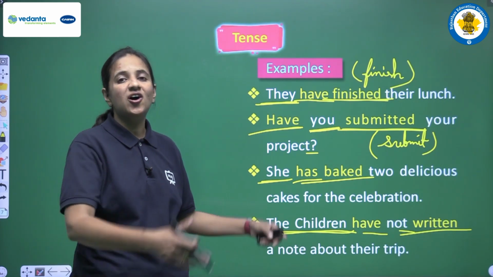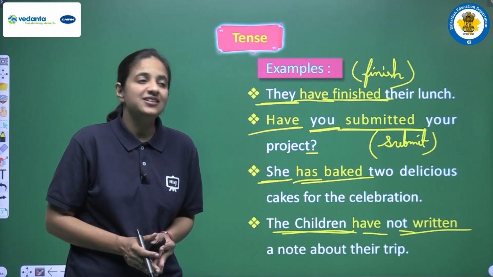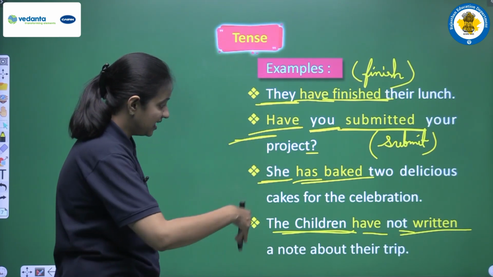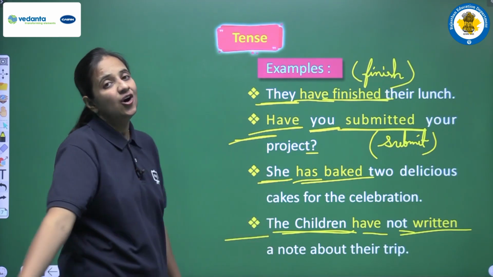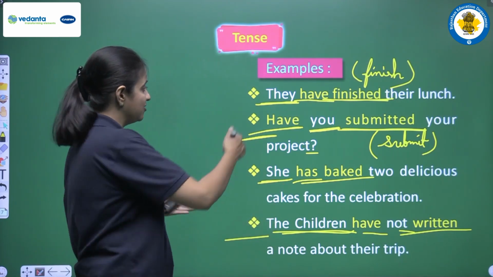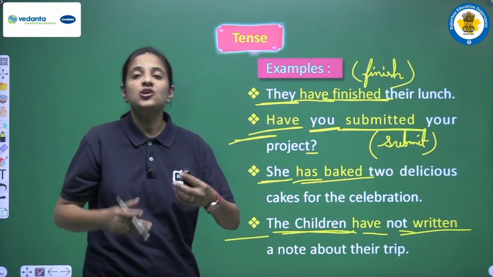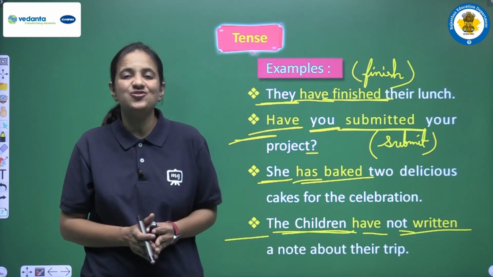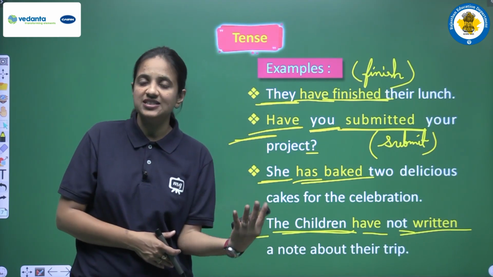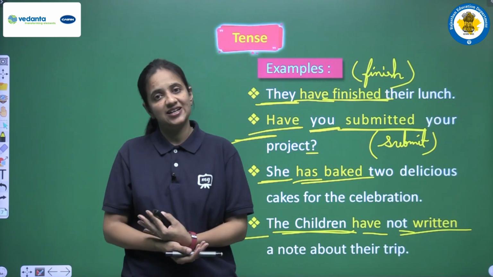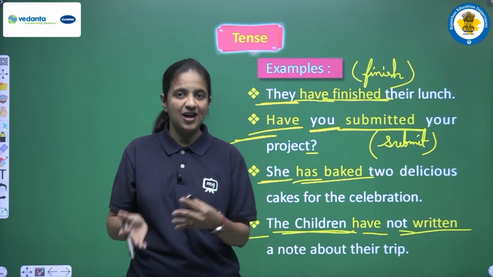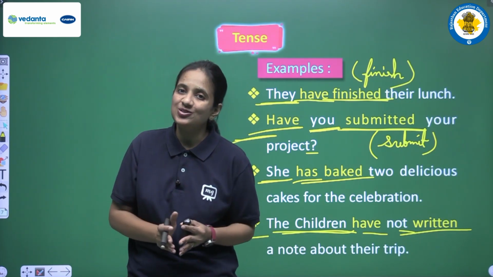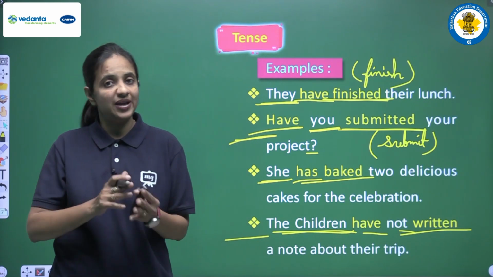So what it means, all these examples show that whether the sentence is an interrogative one like we are having this one, or the sentence is a negative one like we are having this one, or we are having a positive sentence like we are having this one or this one, the rules of helping verb and main verb will be the same. Okay, no change will be there regarding the form of the sentence, regarding the pattern of the sentence. Okay, always we have to use has and have according to the subject. Singular subject has, plural subject have, and always we have to add a third form of the main verb.